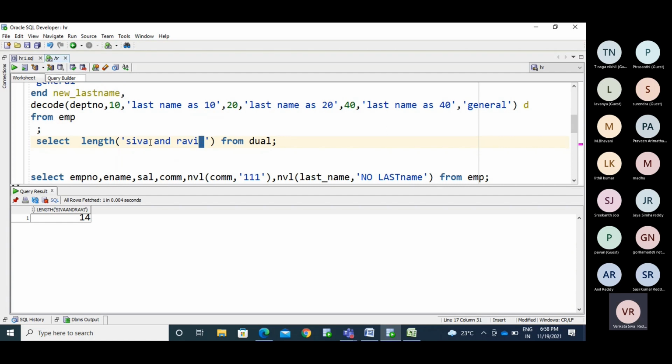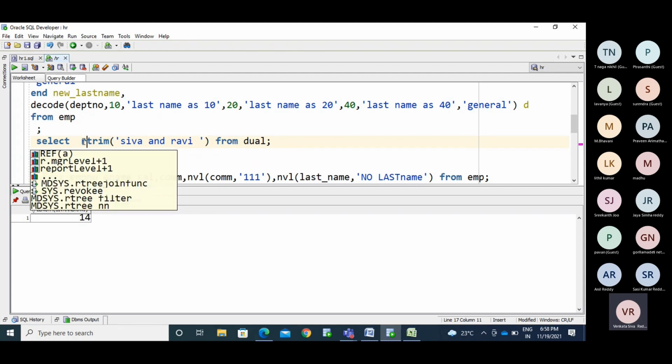So, TRIM. For this string we have white space on the right side. I need to remove that white space from the right side, in the sense I need to use RTRIM.